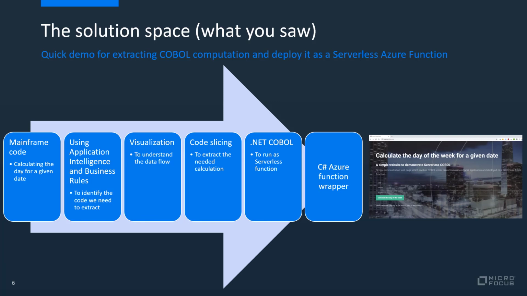So, in order to keep it quick, I covered a lot of stuff without getting into any details, just to showcase what is possible. If you would like more details on anything you saw, please contact us and we can get to as much detail as needed. By the way, this demo is based on Visual Studio, .NET, and Azure Functions, but applies just as well to Eclipse, JVM COBOL, and AWS Lambda. So if you want to see this on AWS, again, just contact us and we'll be happy to demonstrate the technology.